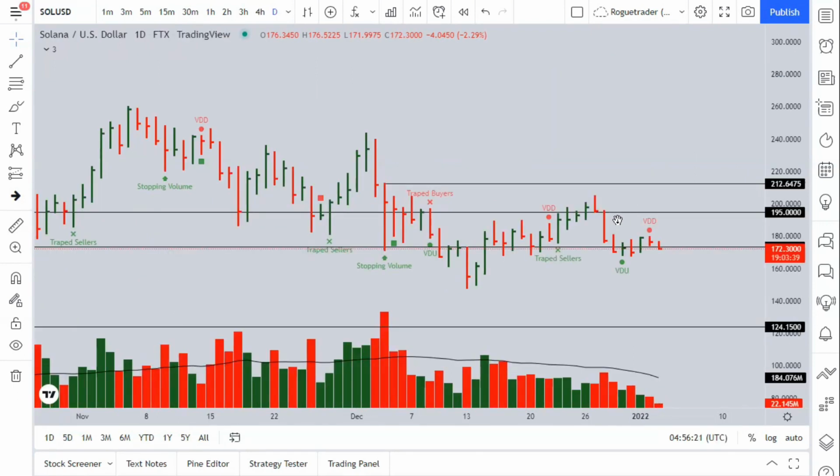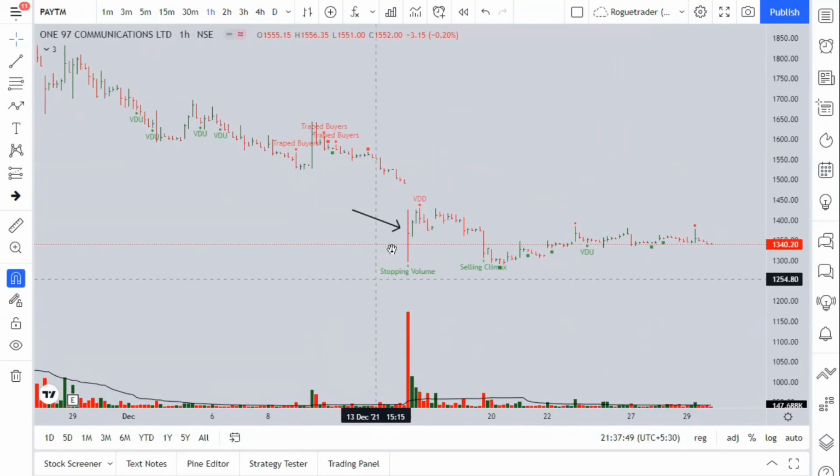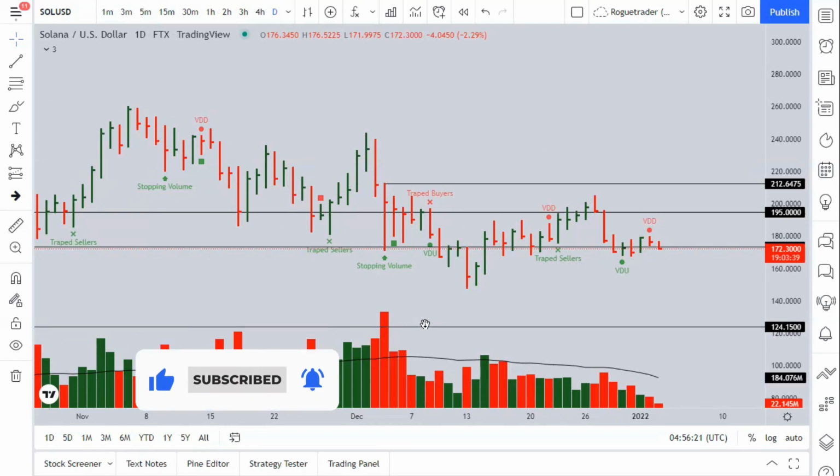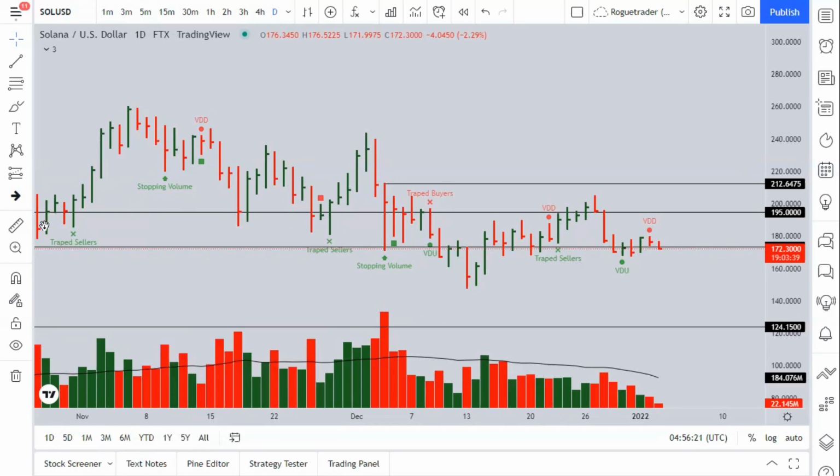Now this is one of the updates. Previously I made a cryptocurrency update on Bitcoin and Solana, and I told you that I will buy above the stopping volume levels. Exactly the same thing is happening with Paytm and Solana right here. Let me just show you Paytm. Look, Paytm had stopping volume, the market went into an absorption phase and went sideways. Exactly the same thing is happening right here. Stopping volume at the same level. This is actually support, this entire zone is support. Go ahead and watch the cryptocurrency video which I already uploaded. The link will be in the description or on the top left corner.